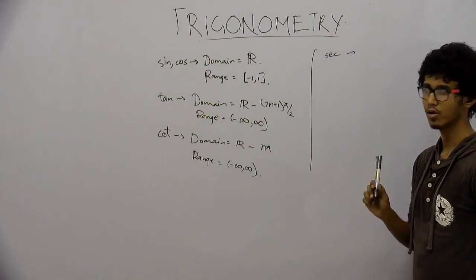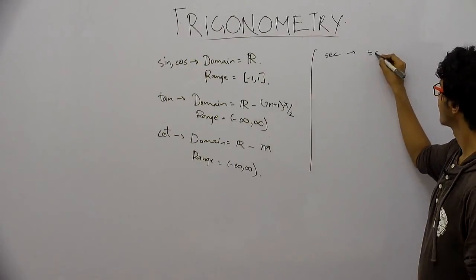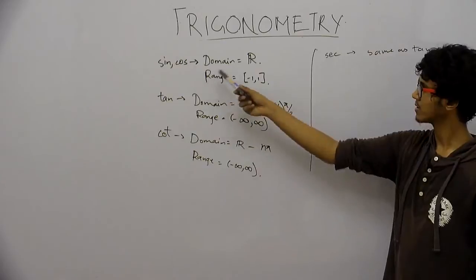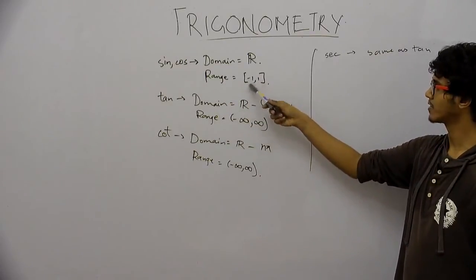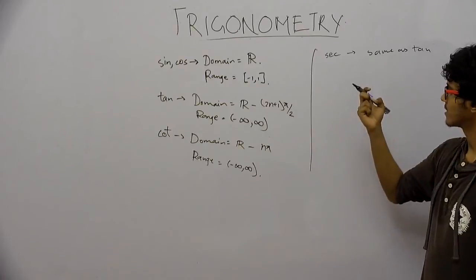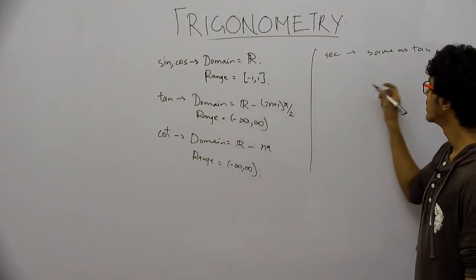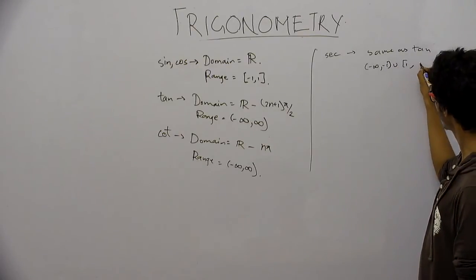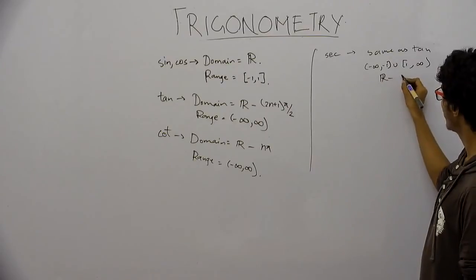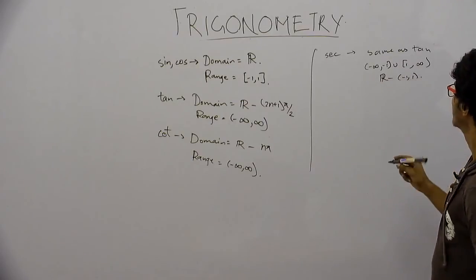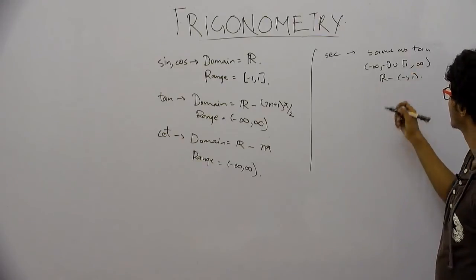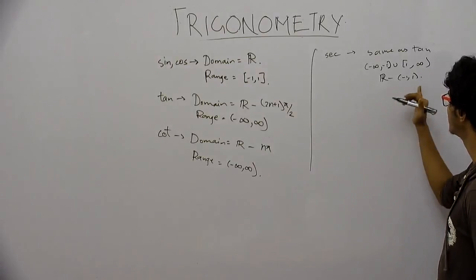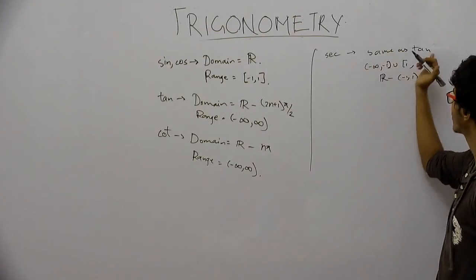Sec is 1 by cos, so its domain will be the same as tan, but its range, cos only gives values in -1 to 1. So since sec is the reciprocal of cos, sec will only give values in -infinity to -1 and 1 to infinity. We can also write it as R minus (-1 to 1). You will learn the use of these brackets in other chapters. For now, just understand the concept that they give values in this range, and they cannot give values at all